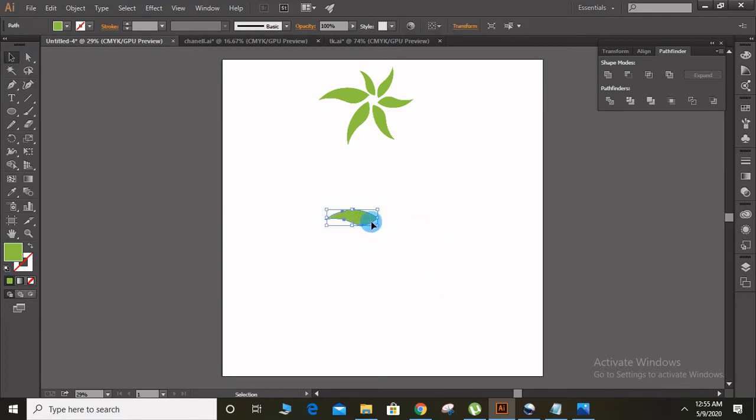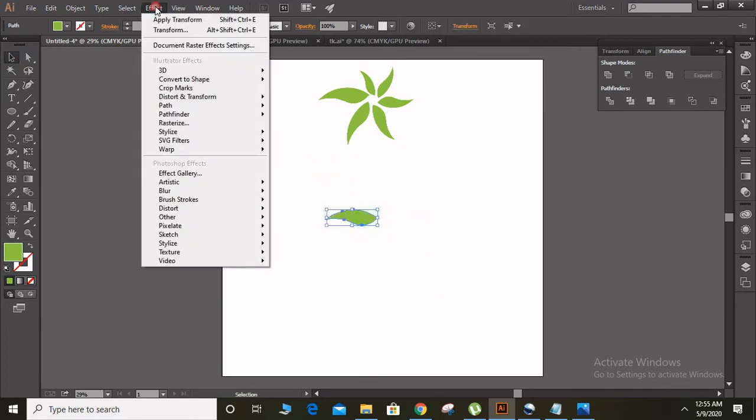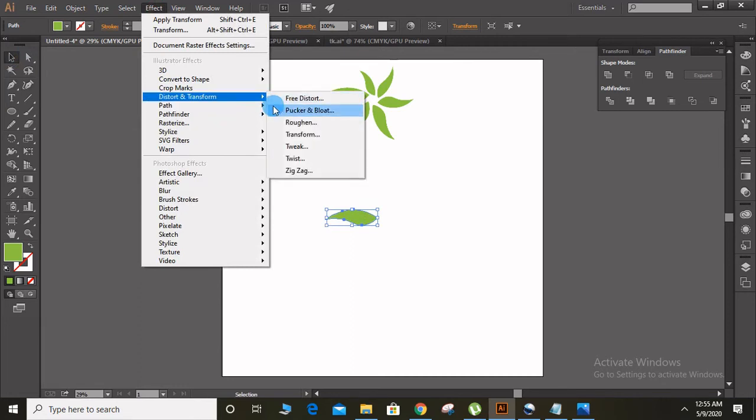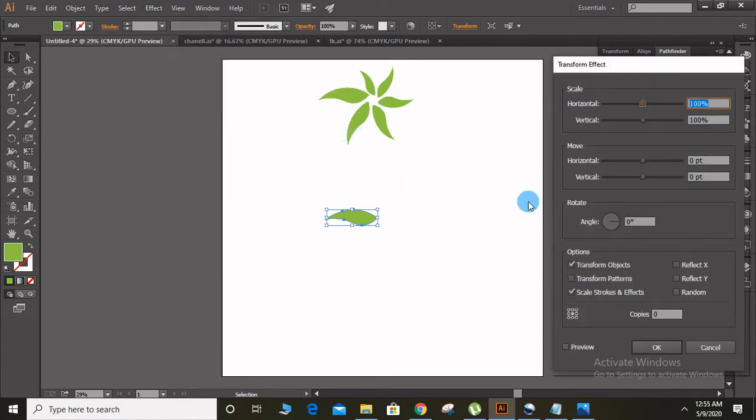So after this, go to the effect menu and click on distort and transform. Here you get the transform option. For the transformation, first click on the preview option so that you can see what's happening. As you see in the above logo, the leaves that are being copied are a bit smaller in size, so that's